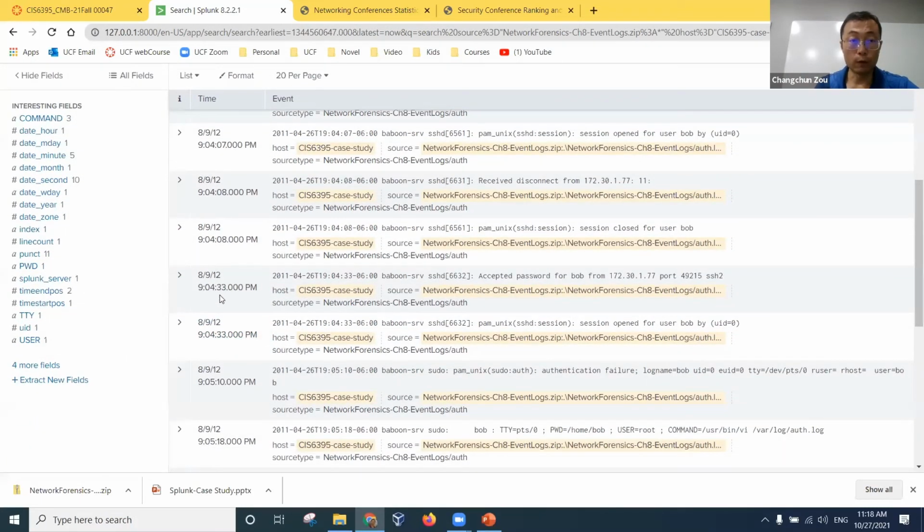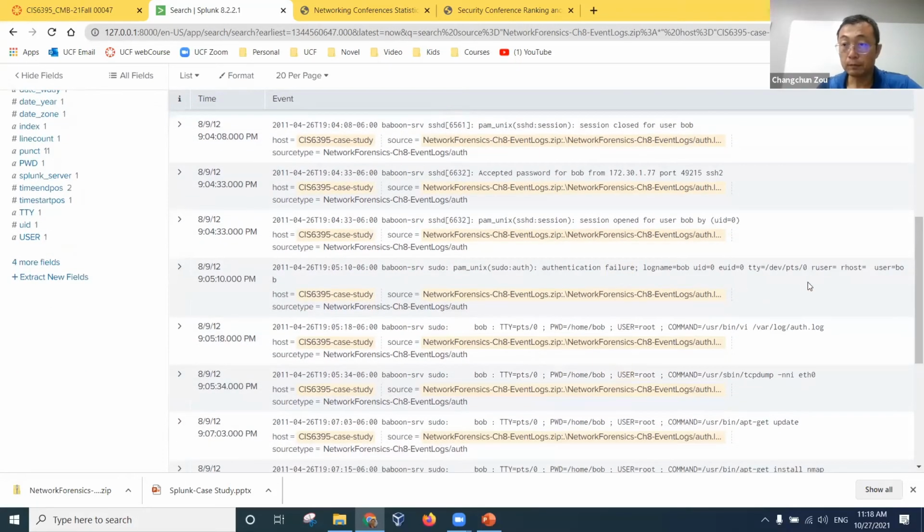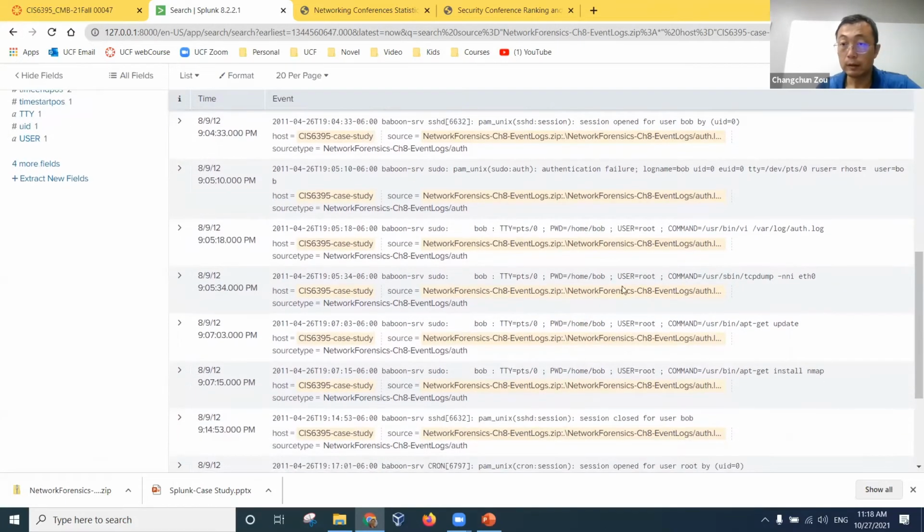Then at 9:04:33, basically after about 20 seconds, the attacker logged in again. After 20 seconds, that's the attacker manually logging in, accepted, opened, and then